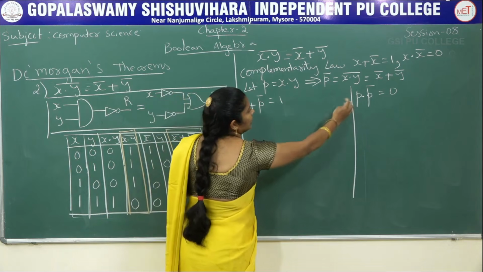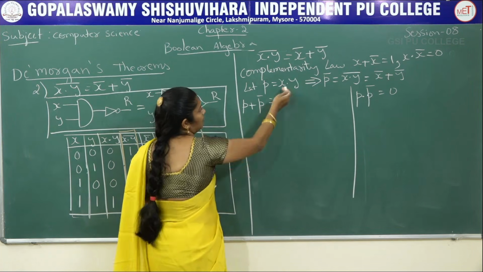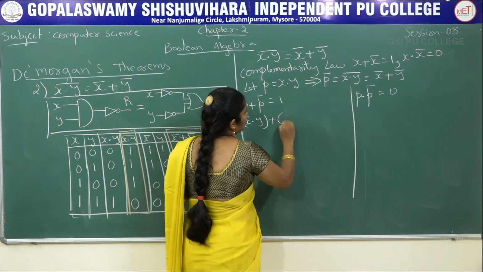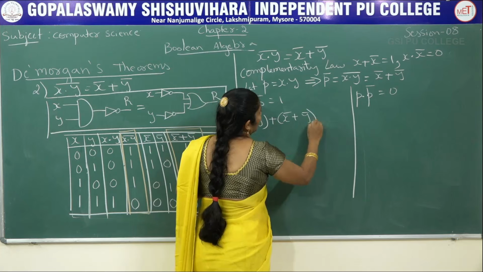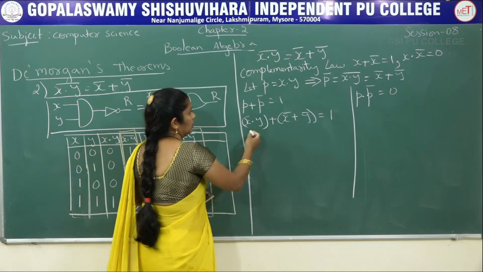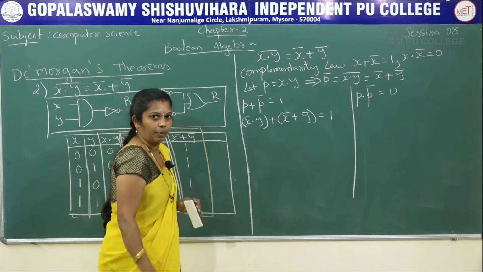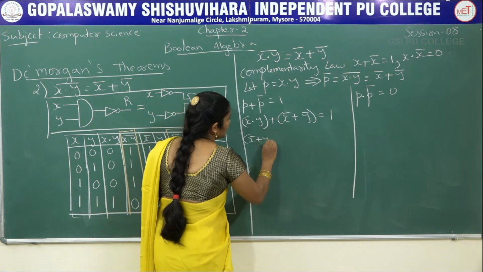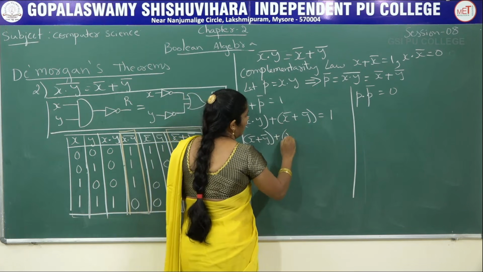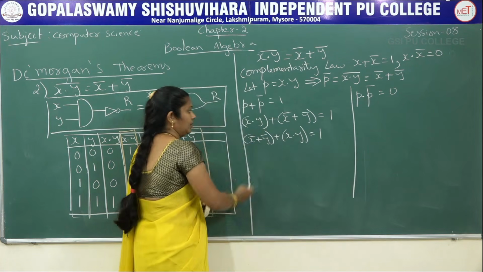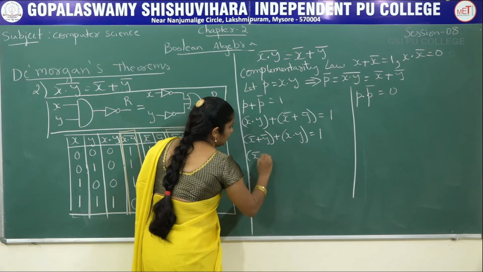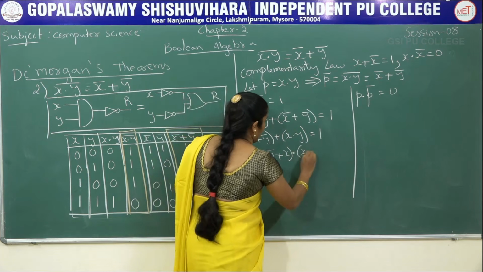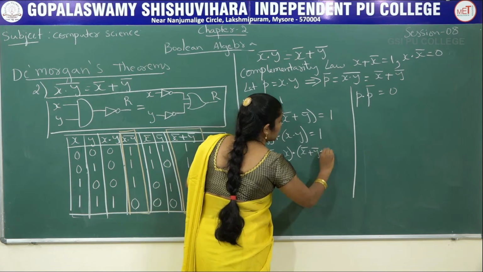Therefore, P plus P bar equals 1, P into P bar equals 0. Now in the place of P we will substitute x into y, and for P bar substitute x bar plus y bar, equals 1. Now here we have plus operator and here we have dot operator. Directly we cannot solve, just replace the position. First I am going to write x bar plus y bar plus x into y equals 1. Now distribute that, x bar plus y bar, now write down plus, then x, now write down dot operator, x bar plus y bar plus y equals 1.